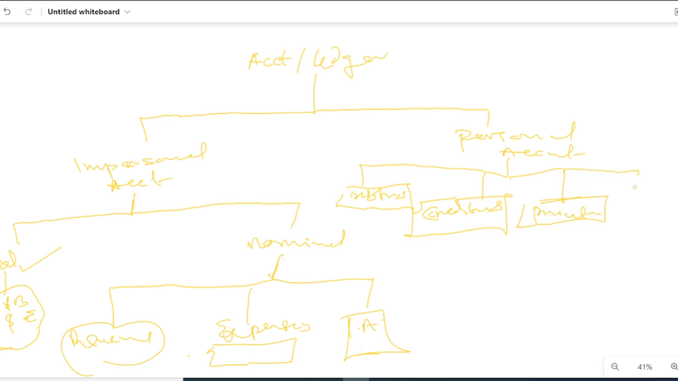We have capital account. Then we have bank or cash account. So this is the chart of your ledger. Then now we are going to look at the users of